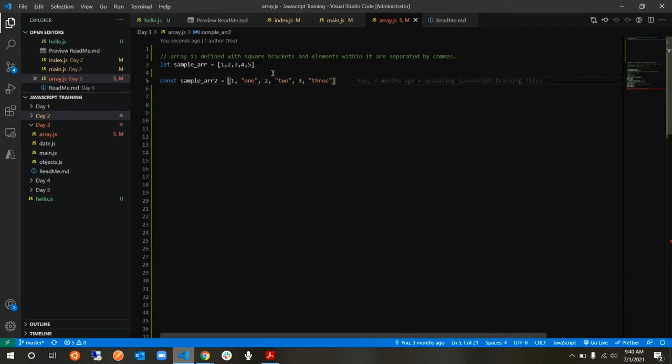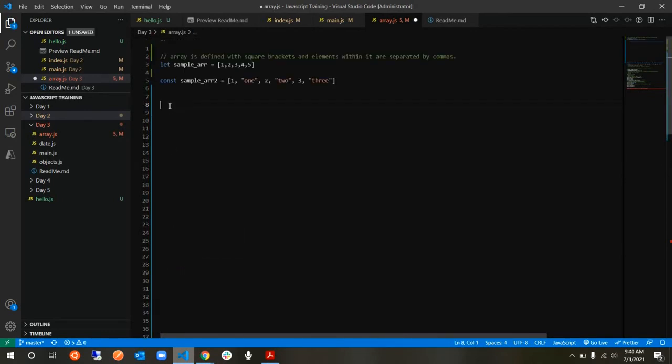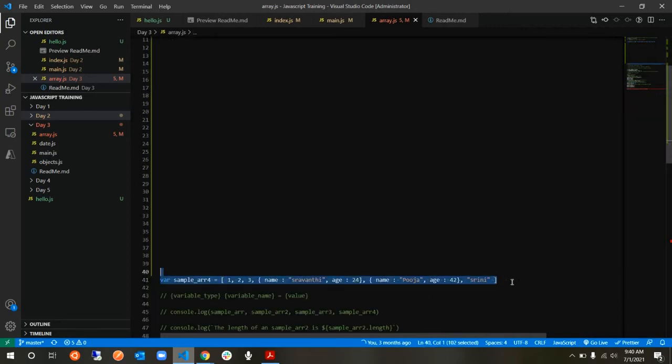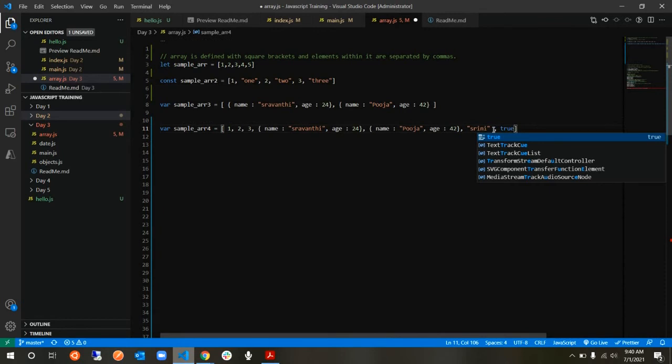So what does that give rise to? It tells us that an array is not data type centric. You can store any type of element within an array. One can be a string, the other can be a number, or it can be an object. Like on line number 8, you can see we have declared different elements with objects, and within those objects you have key value pairs. Again, they map to numbers or strings. We don't really care. And then line number 11, now you see we have a mix of numbers, objects, strings, and some booleans. You can have symbols.